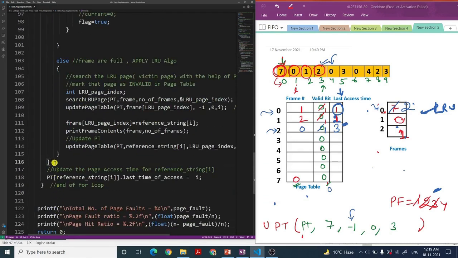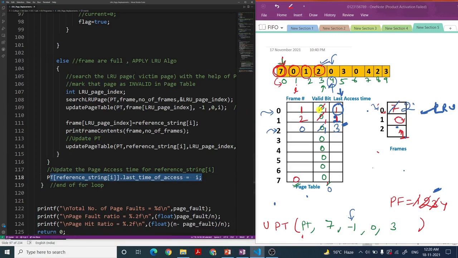But for this 0, I have to update this time to 4, right? Update this access time to 4. So after here I am updating this, this is the important thing, this access time for this reference string ith page.